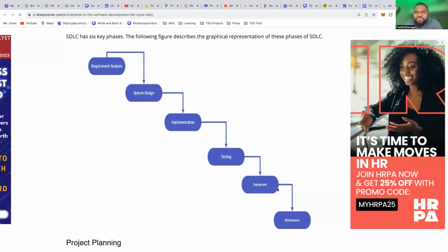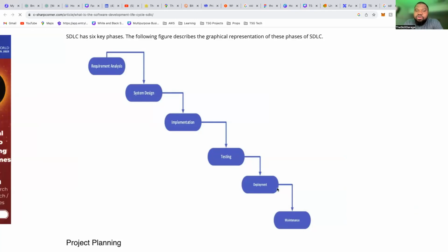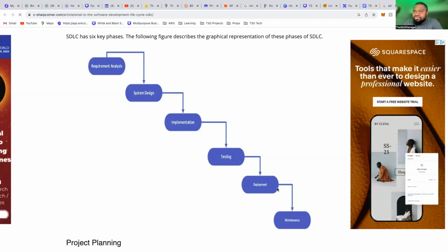Now, when are we going to get the software? Especially for software that needs a lot of revision, this thing is not good. Waterfall is not the best. Yes, Waterfall is not completely bad. There are some projects that Waterfall is okay for. For example, construction projects. Waterfall is good for construction projects.